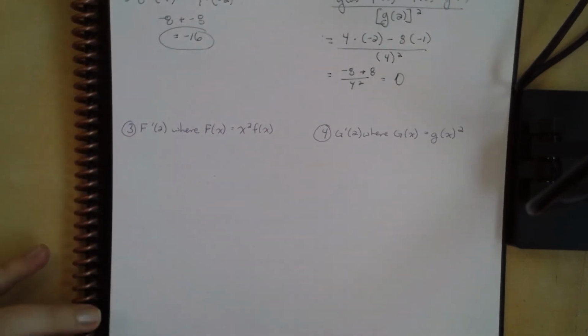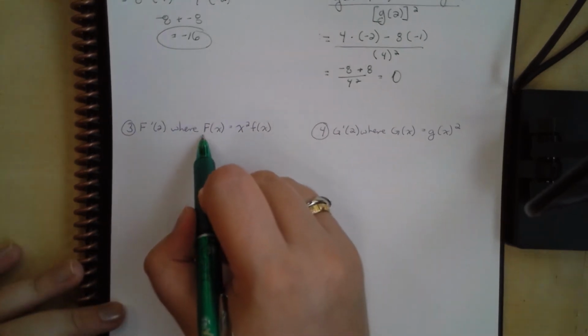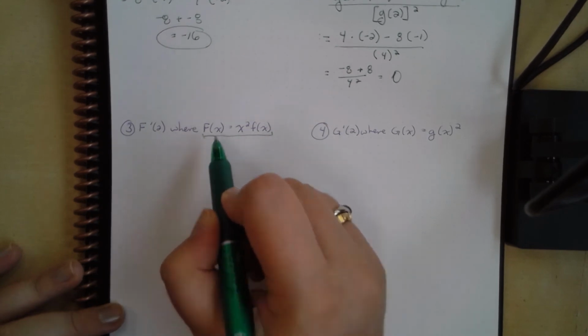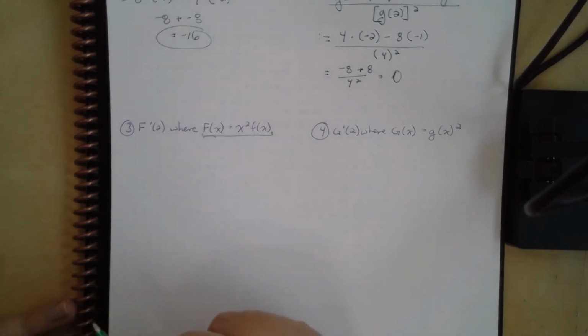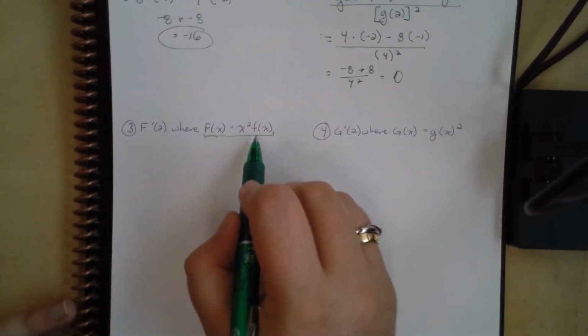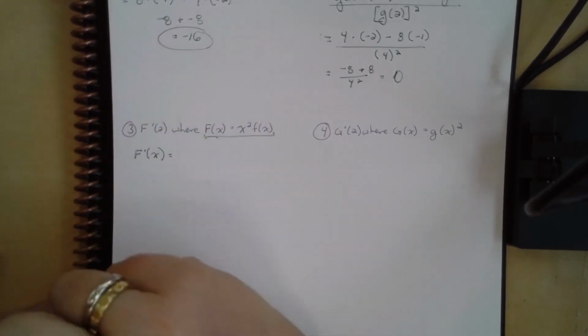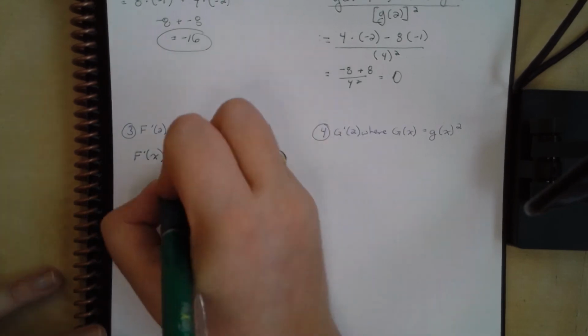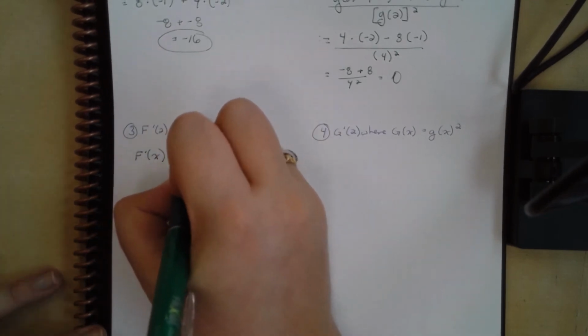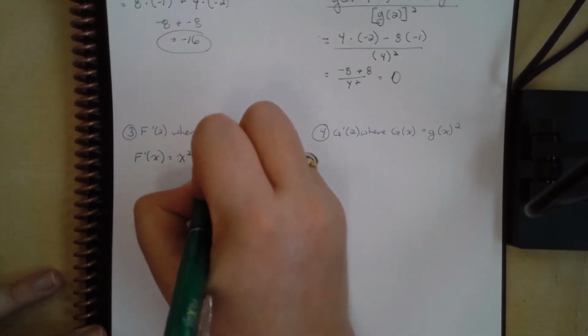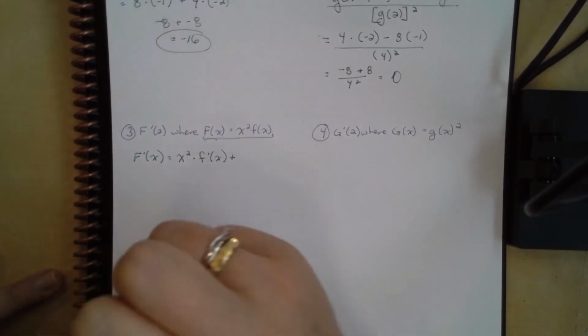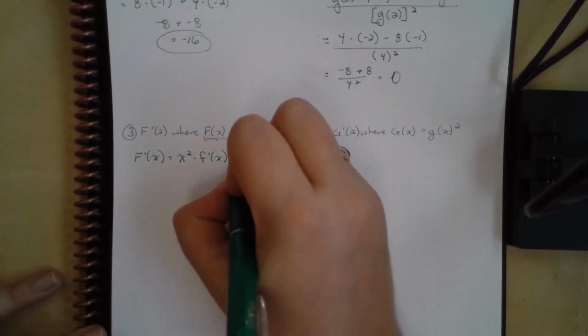We want to find capital F prime of 2, where capital F of x is equal to x squared times f of x. Well, we're wanting to find the derivative of this here and then calculate it at x equals 2. So we're going to use what looks like our product rule here. So F prime of x is going to be equal to x squared times f prime of x plus f of x